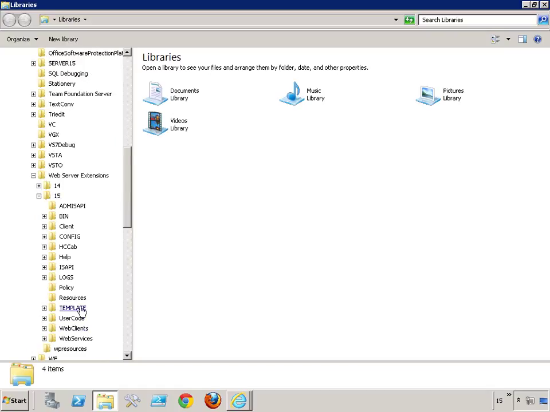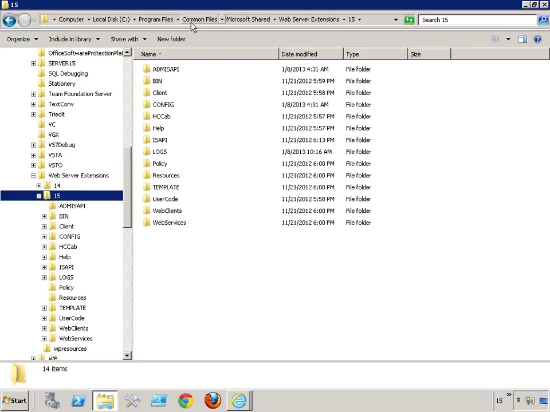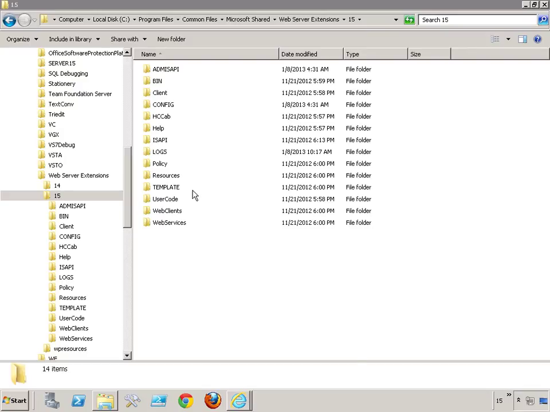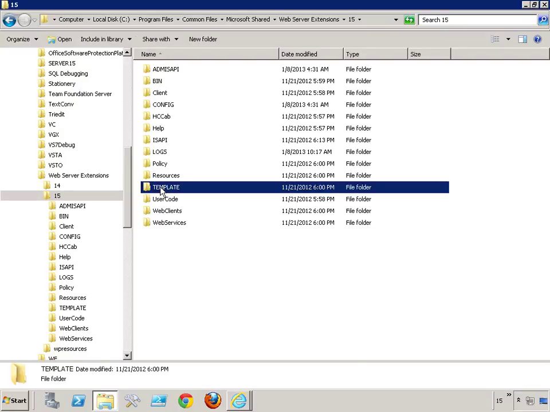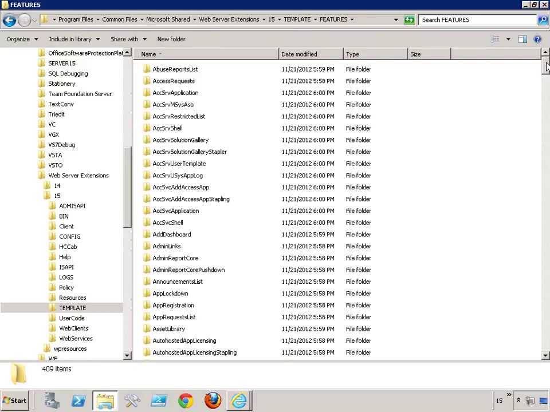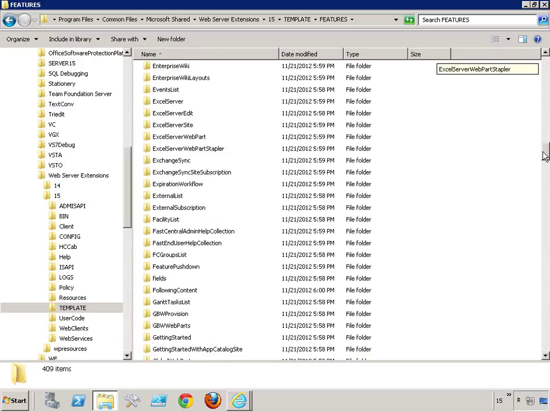All right, so this is all located, let's show this in the title bar, at C:\Program Files\Common Files\Microsoft Shared\Web Server Extensions\15, which is a lot of navigation to do, so I always put a toolbar here on my taskbar so that I can get to it easily. And inside of here, there is a folder called Template. And inside of Template, there is a folder called Features. And you can see that there are a lot of features in a stock SharePoint Server installation, 409 to be exact. So if we scroll down here to the letter G,